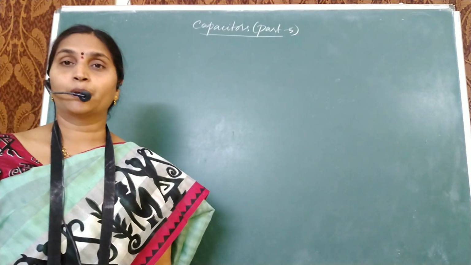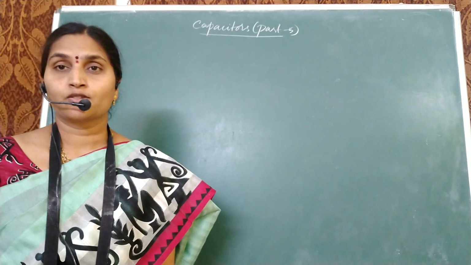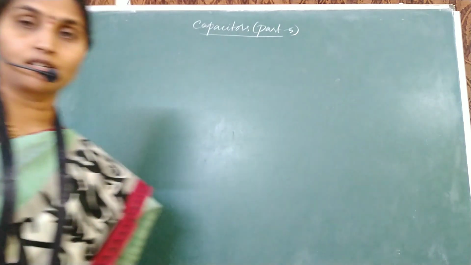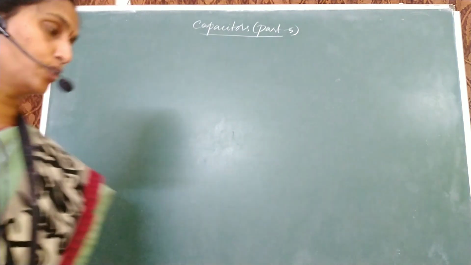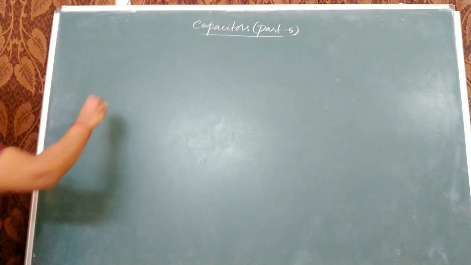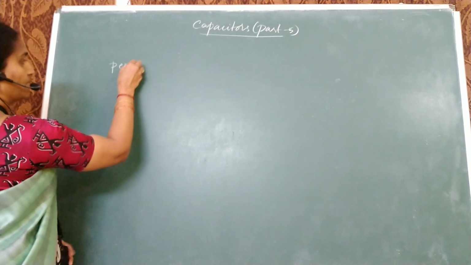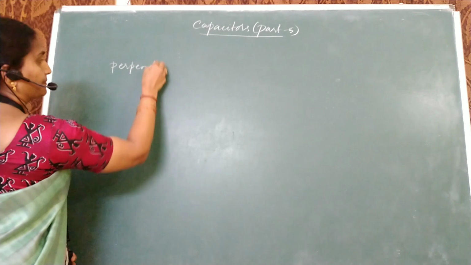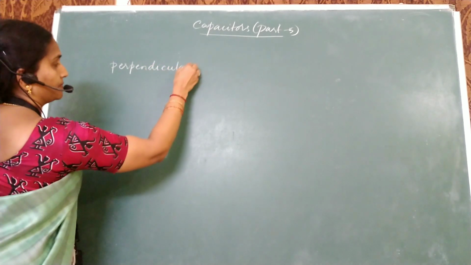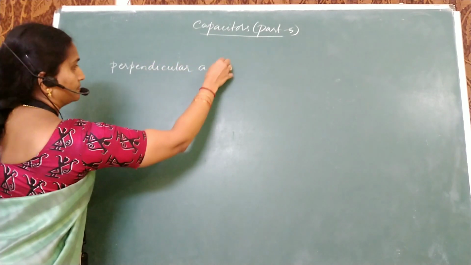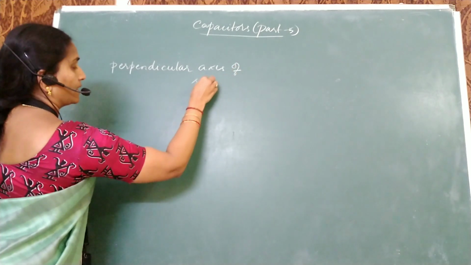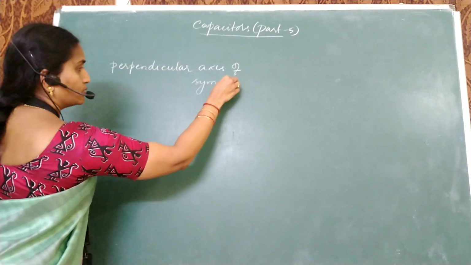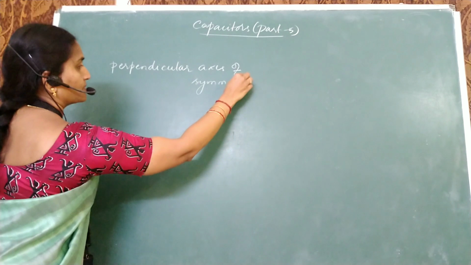Okay, now coming to perpendicular axis of symmetry. In parallel axis of symmetry, we have seen just now how to apply and simplify the circuit. So let's look at perpendicular axis of symmetry. Okay, to apply this perpendicular axis of symmetry,